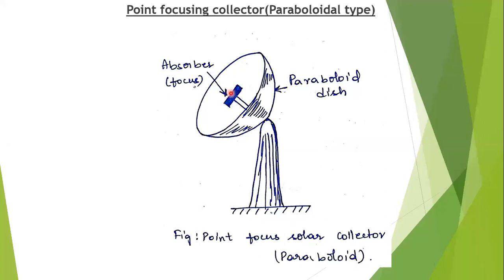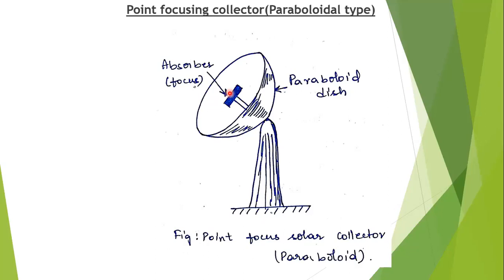That is, along the focal line in the cylindrical parabolic or parabolic trough system, and at the focus point in the paraboloidal system. So concentration ratios of the order of 30 to 100 or higher will be needed to achieve temperatures in the range of 300 to 500 degrees, or even higher, we can go up to 5000 also. These collectors are designed to have such high concentration ratios, and they have small angles of field of view, so they must track the sun continuously.